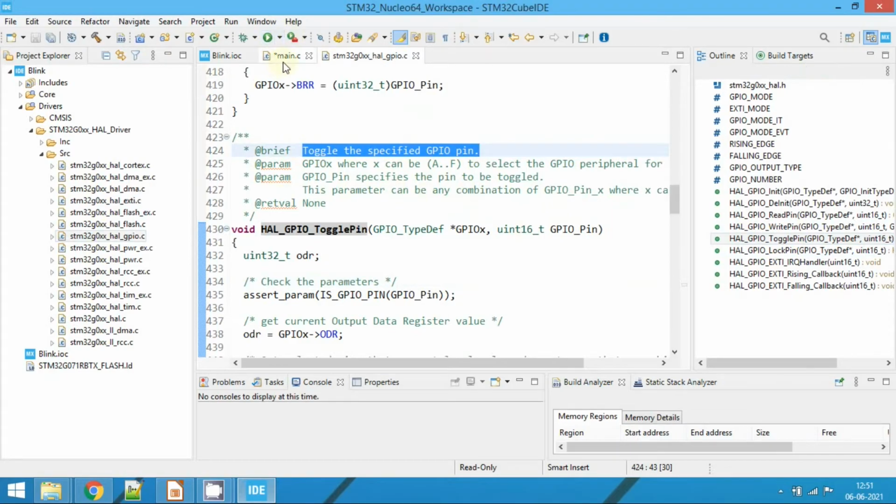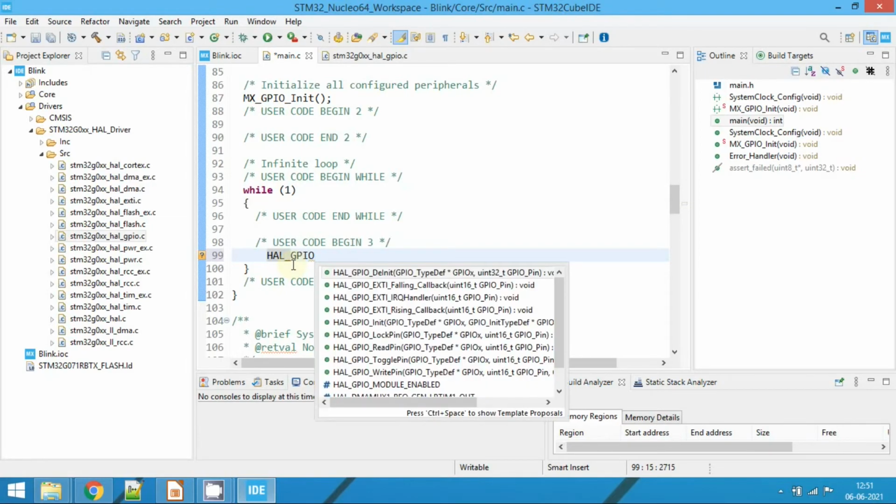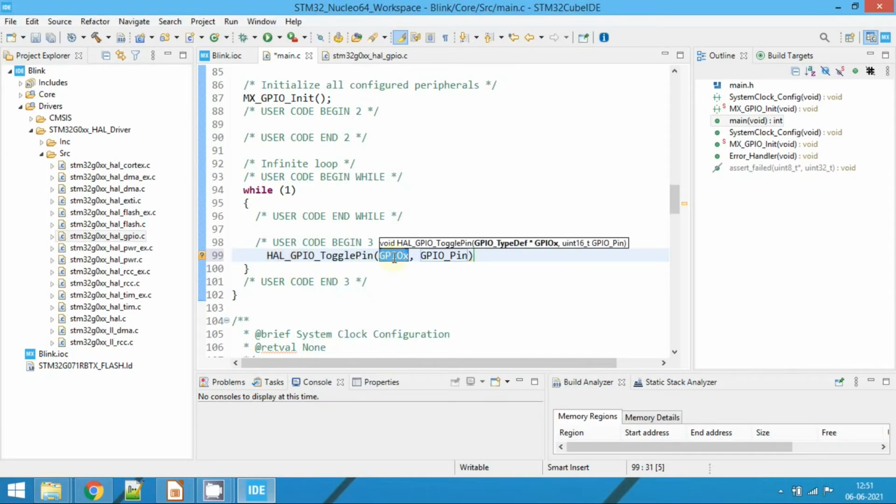You can go to main.c, and here between the user code begin 3 and the user code end 3, you need to call HAL_GPIO_TogglePin. The first parameter we need to pass is the GPIO port.